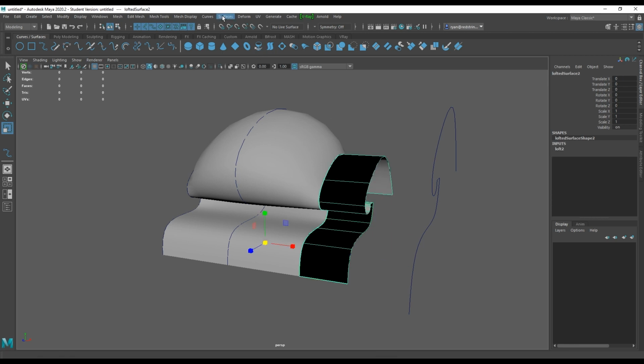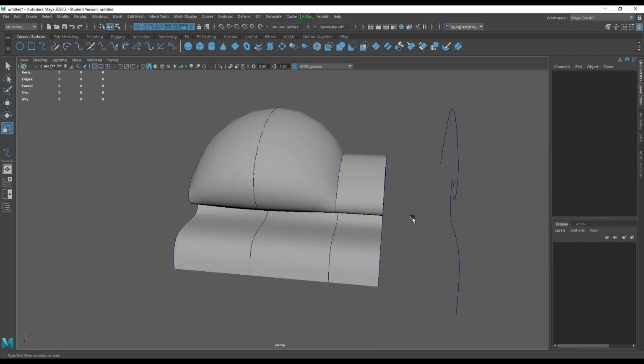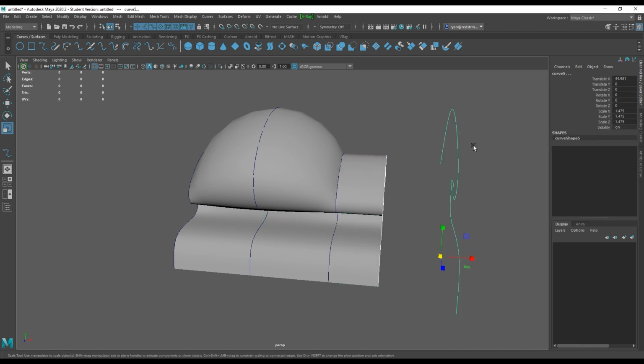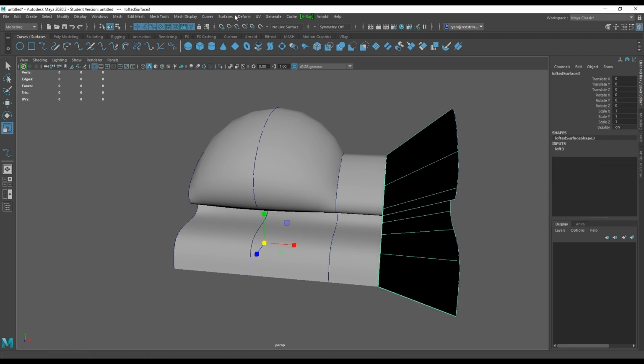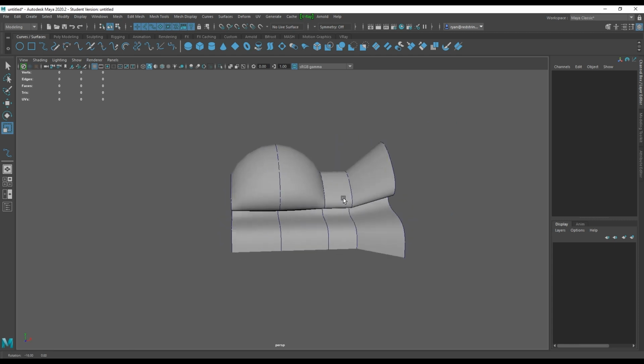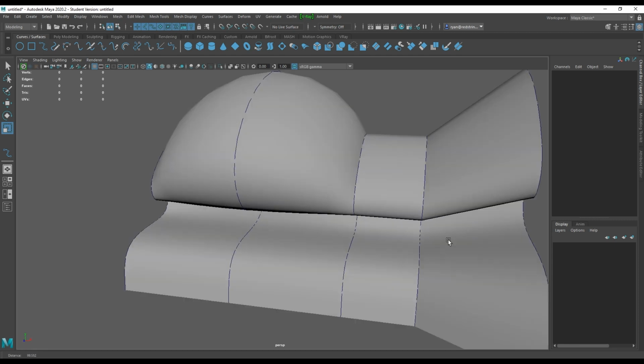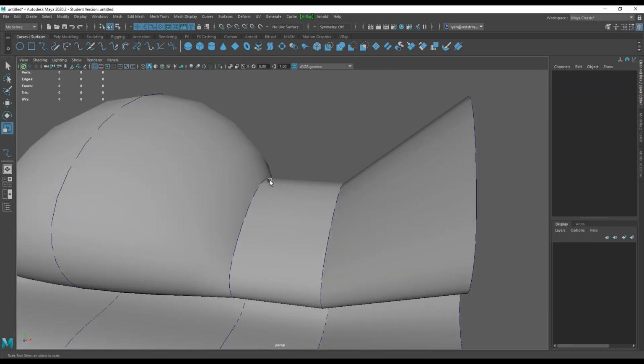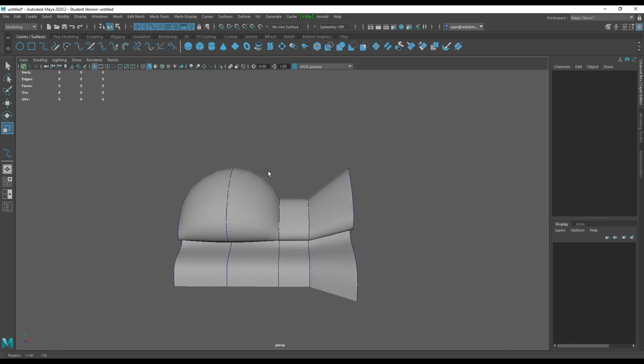Just remember to reverse the surface direction. Then I want to go from this curve to that, Control select that and that guy. So I'm gonna go loft and then of course reverse surface direction. Now we've got a very round object that goes into a super straight hard seam, as you can see, and